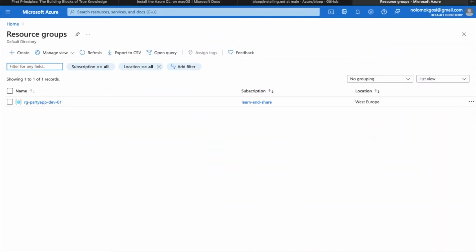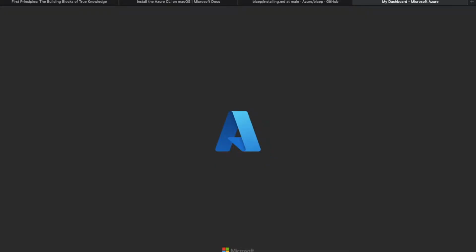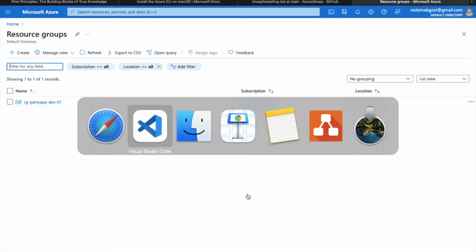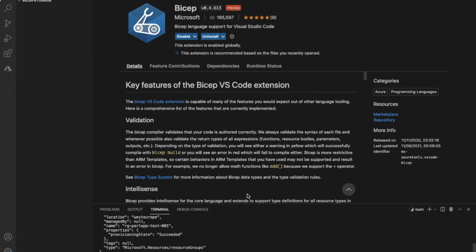Going back to the portal, going to refresh. It's not there yet. Eventual consistency, maybe. Let's just wait a while and we'll come back and see if my resource group has been created. In the meantime, we can start off by